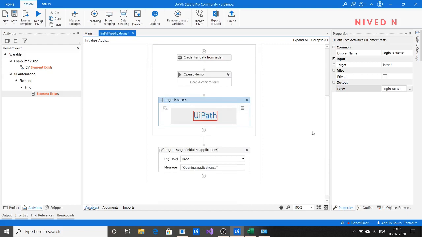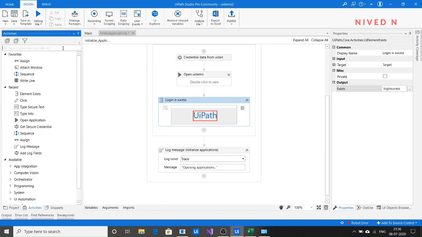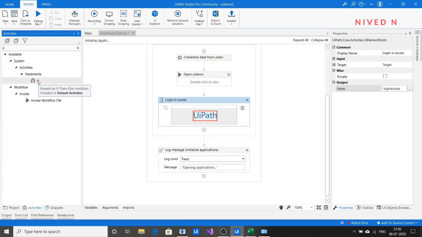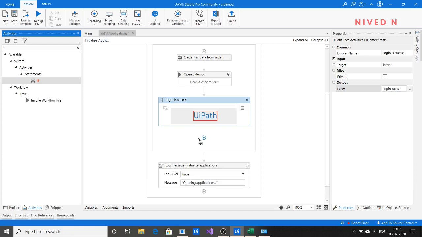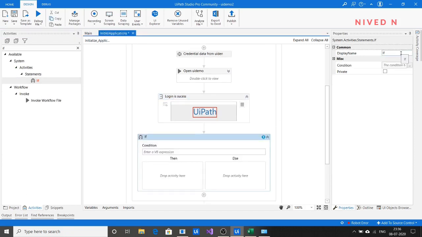It's true or false. To check whether the login is successful or not, we can use an if condition. Just take the if condition and give it a name: if login is success or not.